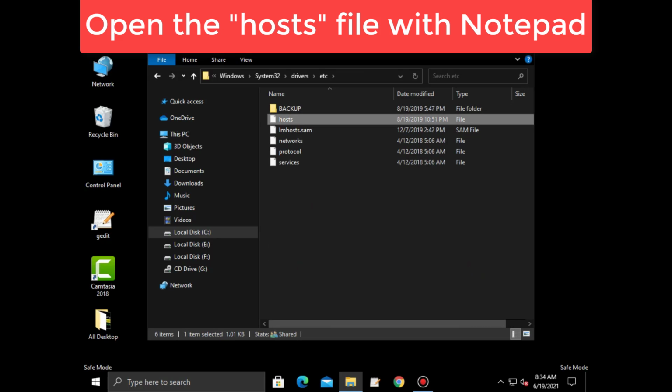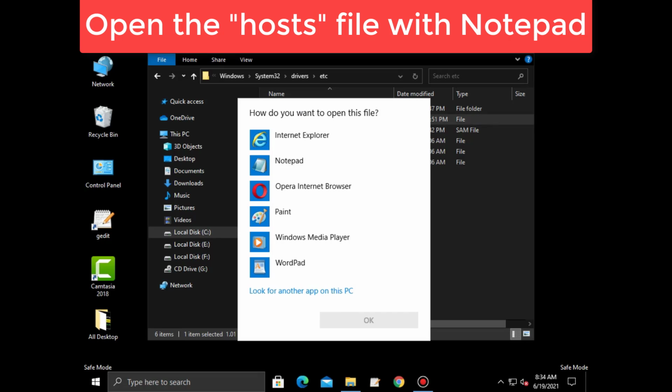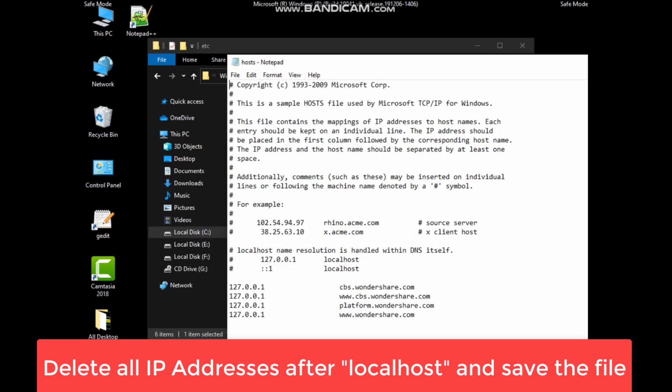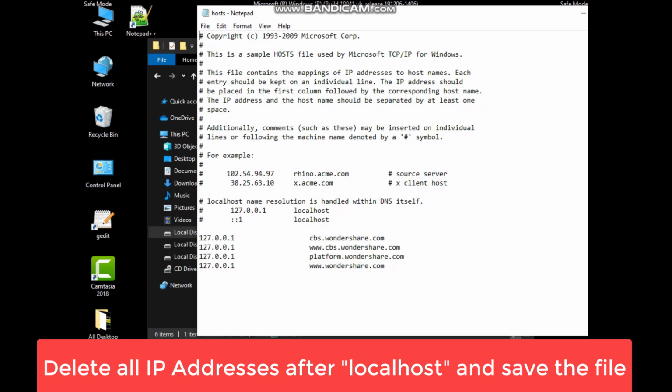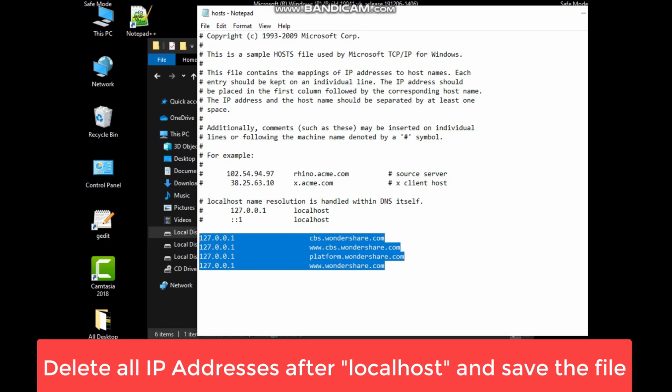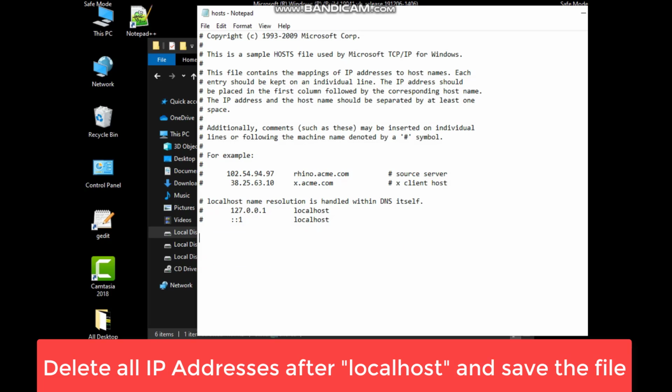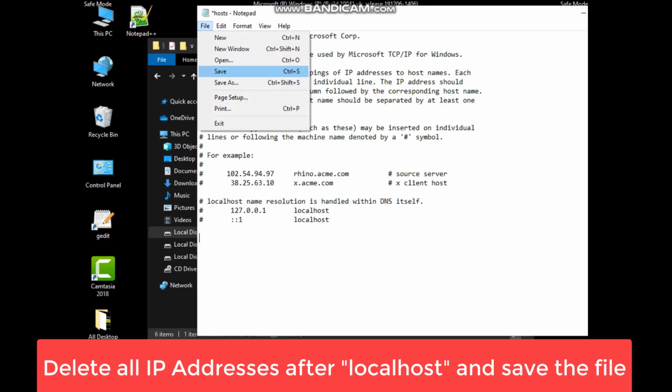Open that hosts file with Notepad, just like I am doing right now, and then we have to remove all the malicious IP addresses from our hosts file. All the IP addresses down below the localhost, remove them all and save this file.